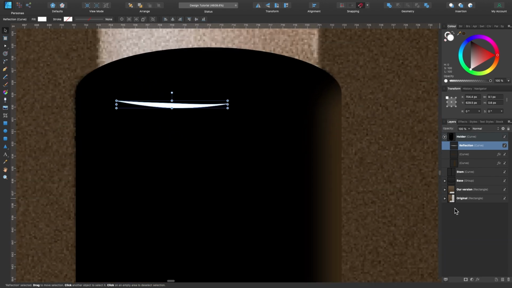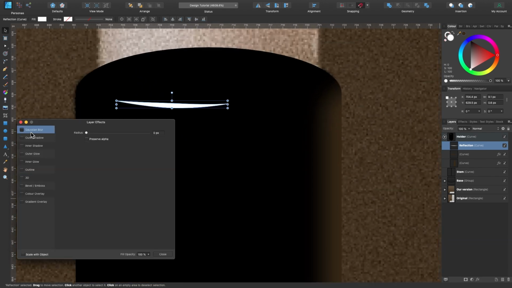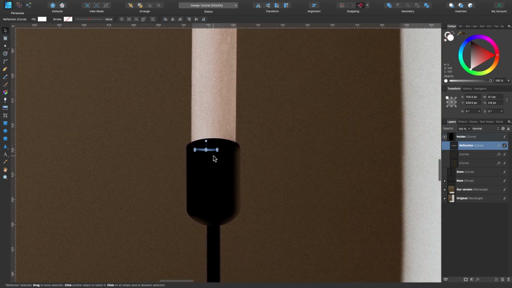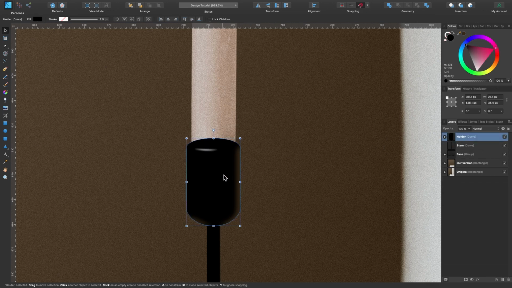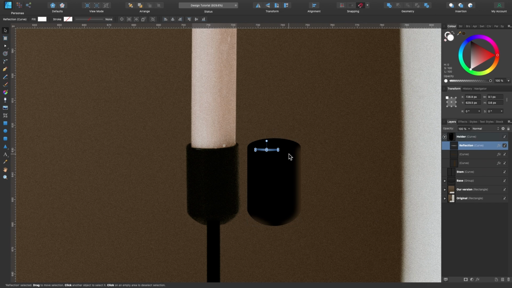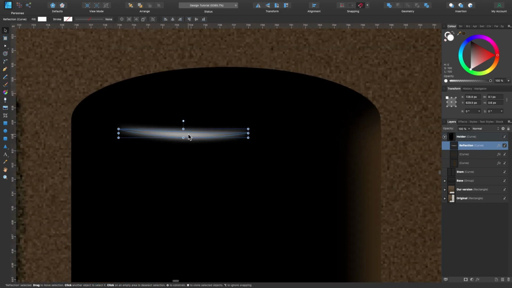And let's just go in and click on FX, Gaussian blur. Let's bring that up a little bit, and I'll press scale with object. Press close, and it's there. It's a bit white. We probably don't need it that white because the original I don't think is white. It's much thinner than that, isn't it? But because we're working in vector, you can always go back and change everything.